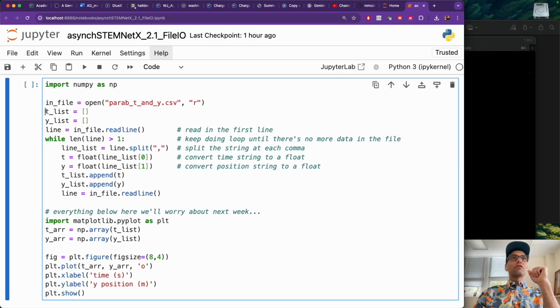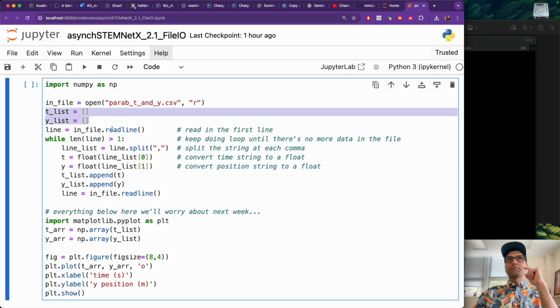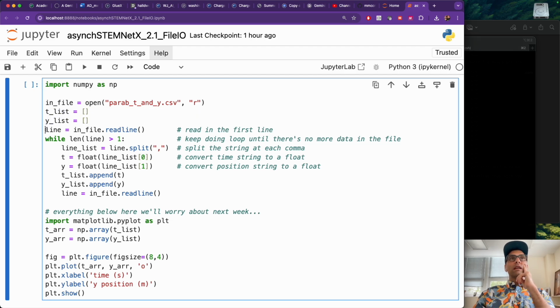Then I create 2 empty lists, one for the t values and one for the y values. I'm then going to read the first line out of the file, just so I kind of have it in memory already. Then I have a while loop as long as there's information in that line I just read. So len of line is going to check the length of the line that I read. If it's greater than 1, that means that there's some data in that line,